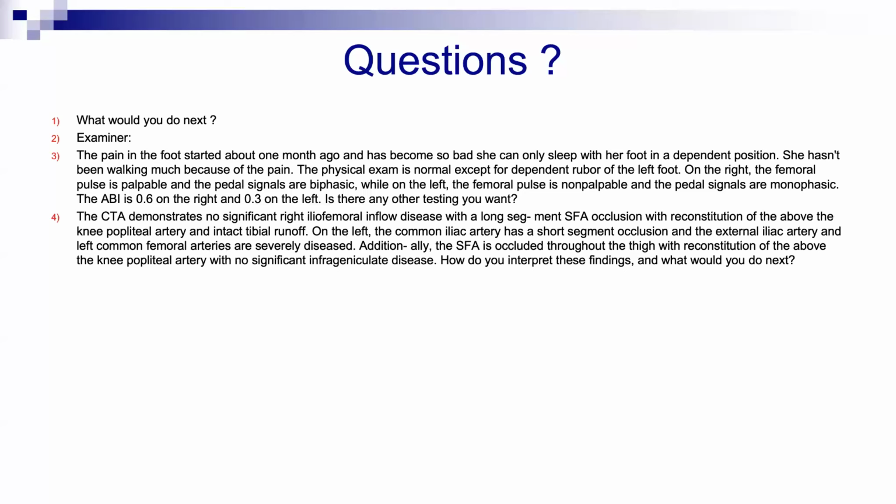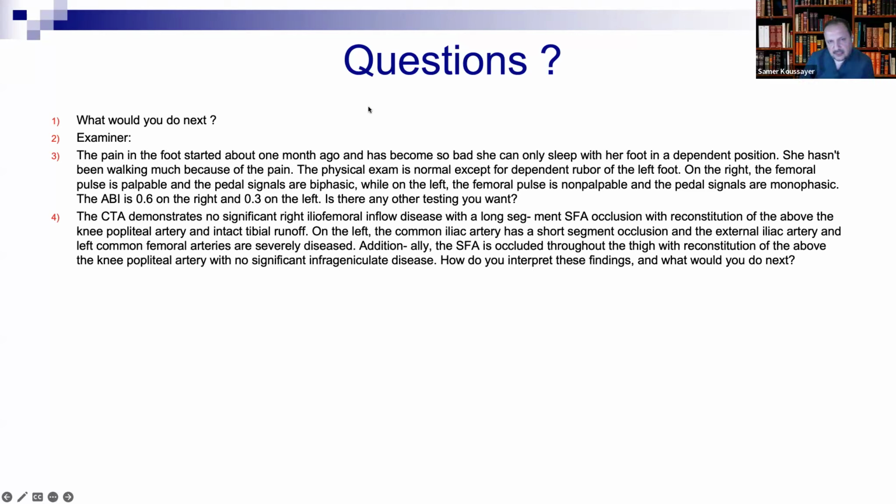Because of the insidious onset of the symptoms, maybe it's disease, then they get thrombus slowly till it becomes occluded. Well, you are still insisting that this is acute on chronic, which it is not. Why do you keep telling me it's acute on chronic? It's not acute on chronic. This is a progression of the disease.